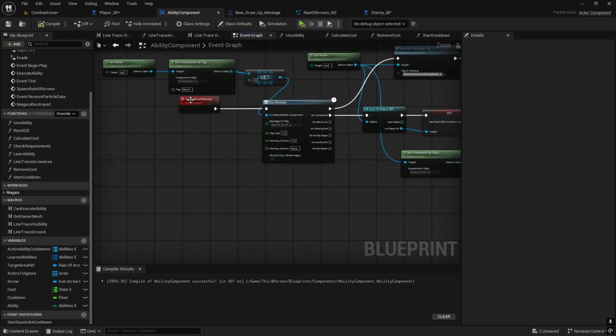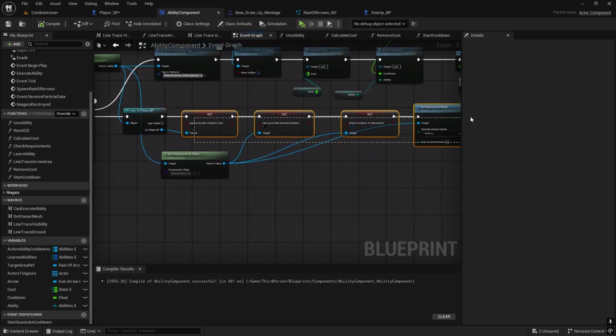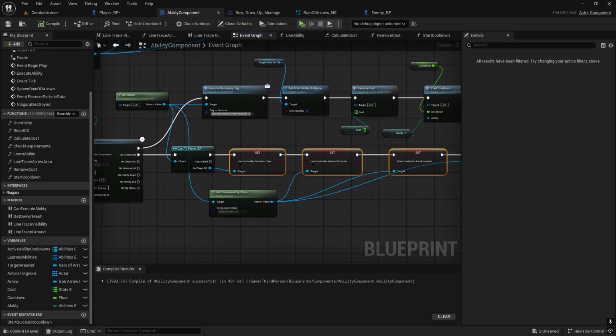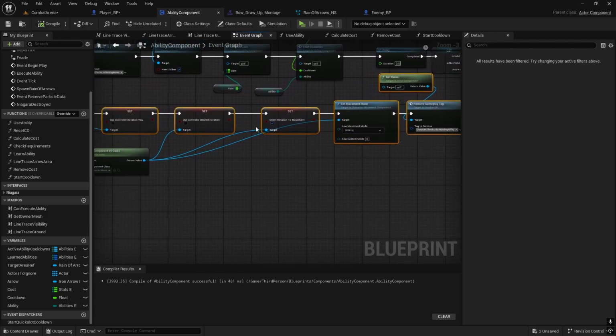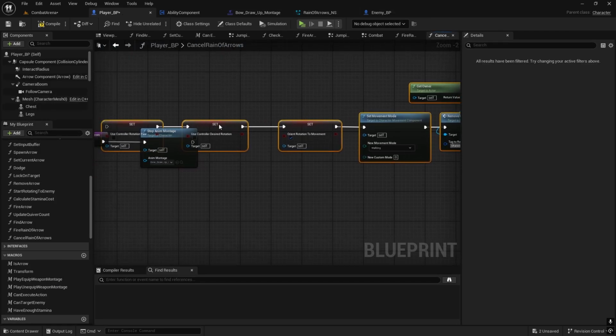So find this part on spawn rain of arrows and copy it: set movement mode, remove gameplay tag, and also remove gameplay tag spawn arrows. Okay, just copy this for now. And let's go to player, paste it here,